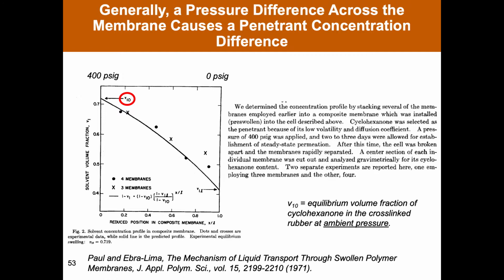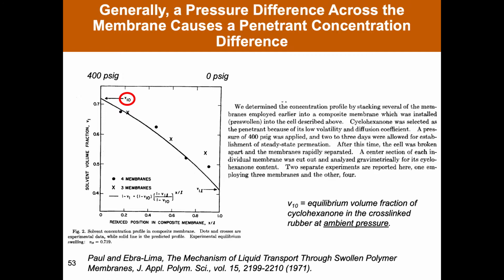And they've set the upstream pressure at 400 psi, and the permeate pressure is at ambient. And they've measured essentially the composition profile of the organic liquid across that membrane. And what they find is that the solvent volume fraction, and these numbers are high, so these membranes swell a lot in this organic solvent,